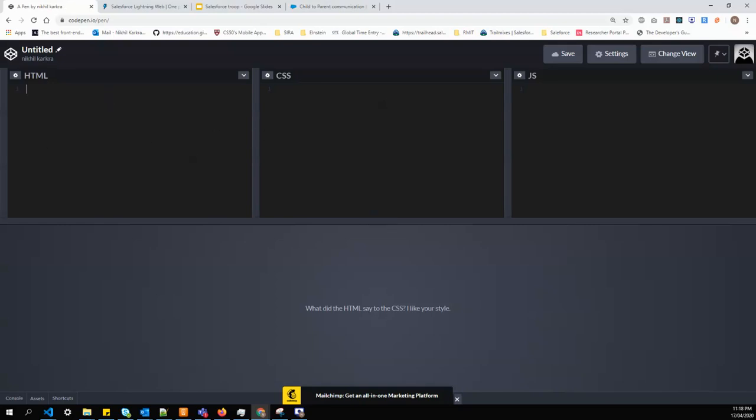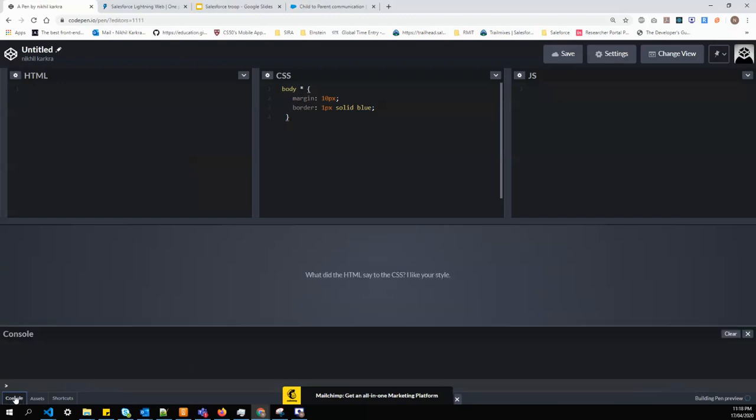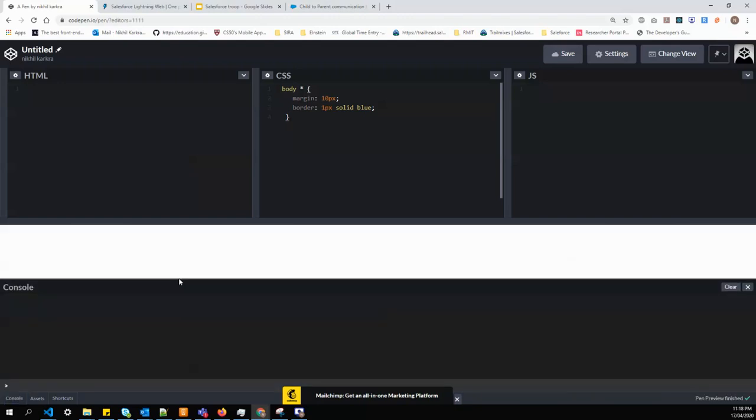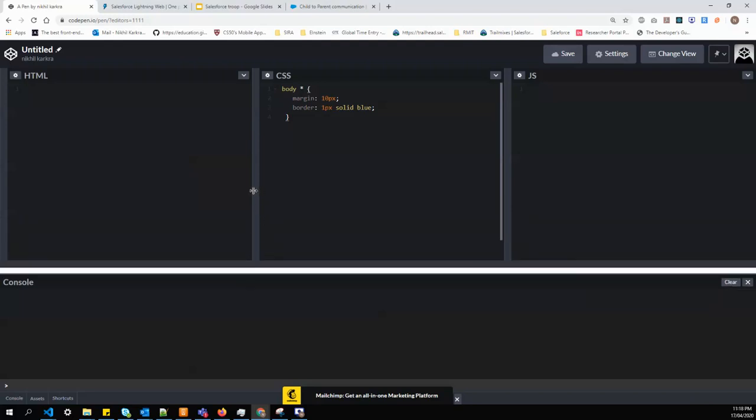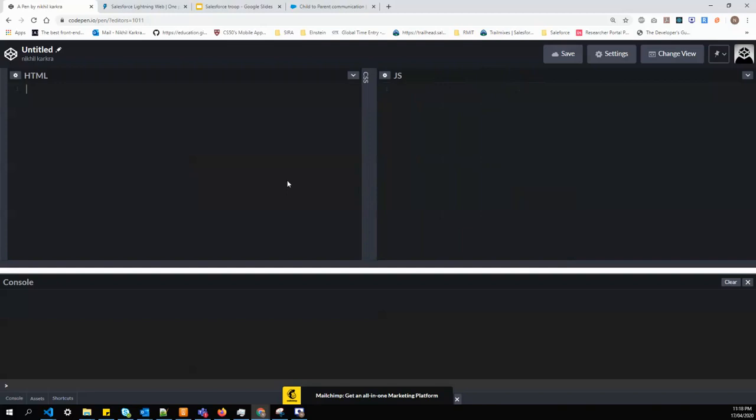I'll go to my CodePen. In CodePen, we'll try to achieve all these different types of phases and understand what they do. I'll write some CSS just for better visualization, or look and feel.